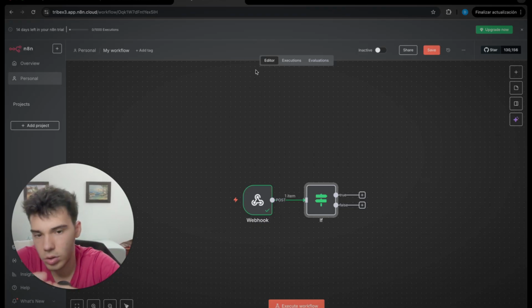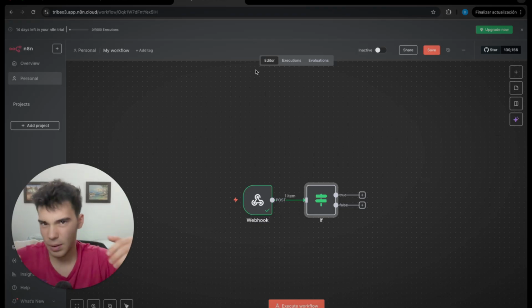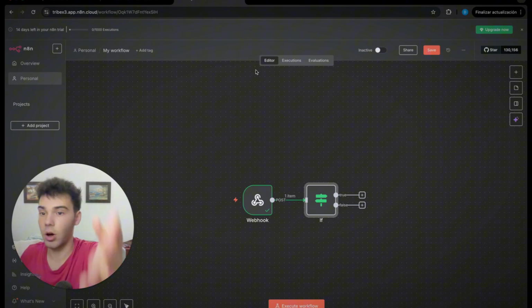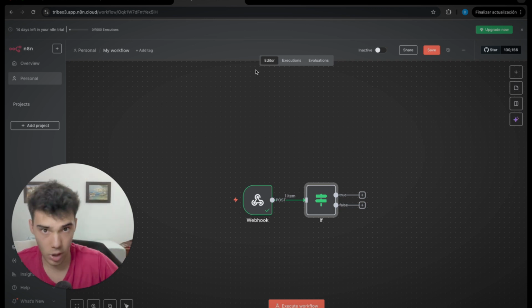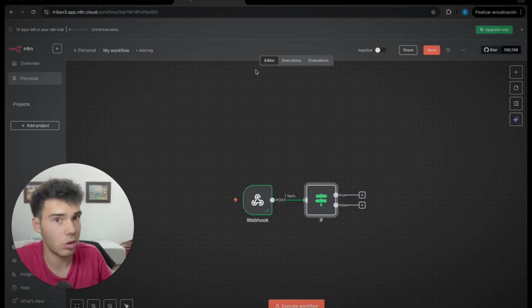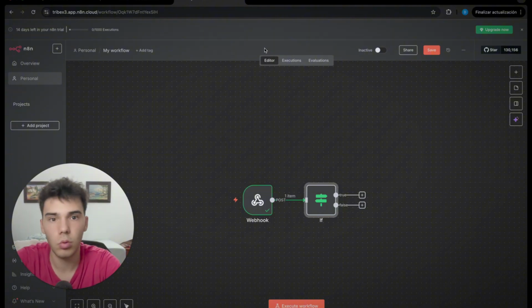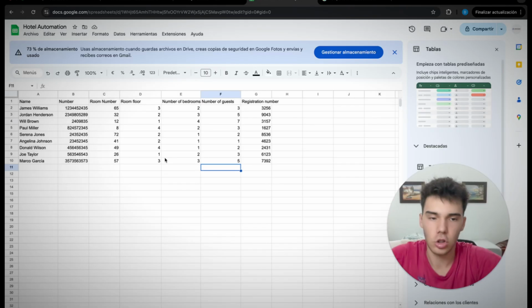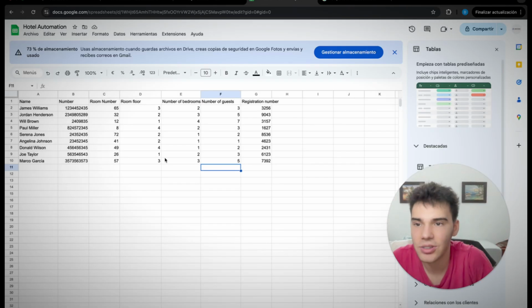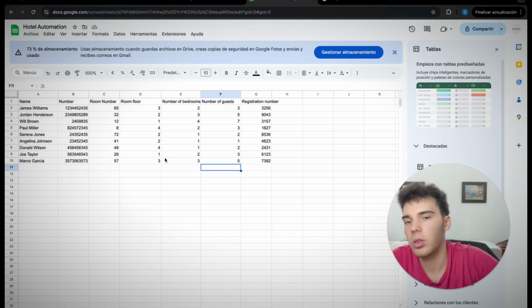So I'm gonna go to a normal one. I'm gonna use Google Sheets, but you can use whatever CRM. If you're a hotel, you can use whatever CRM you want. Airtable, I know a lot of people using ClickUp, Monday, these CRMs, whatever you have, we can use it. So guys, I have just created, as you can see here, a small example with the reservations